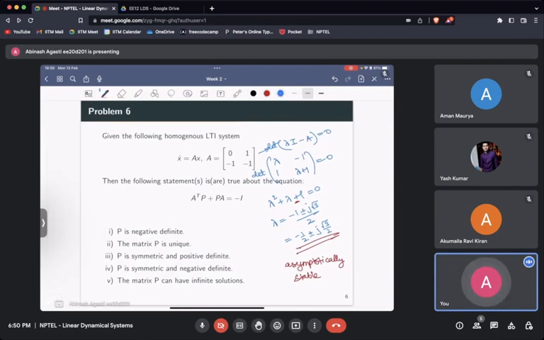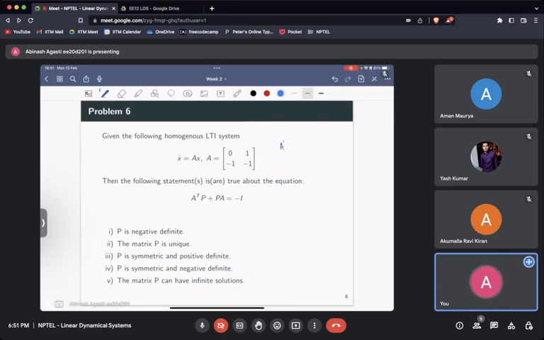Okay, so then let us move to the question at hand. We want to find out something about this matrix P when it satisfies this particular equation. A transpose P plus PA is equal to minus I. So let P be some matrix of the form P1, P2, P3, P4. So we know A. We can write A transpose as 0, 1, minus 1, minus 1. Then we have P here, P1, P2, P3, P4, right? Plus,